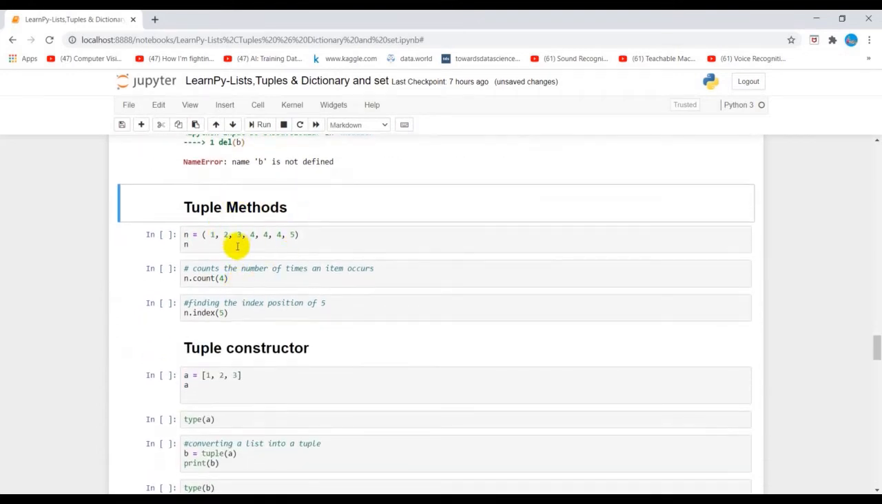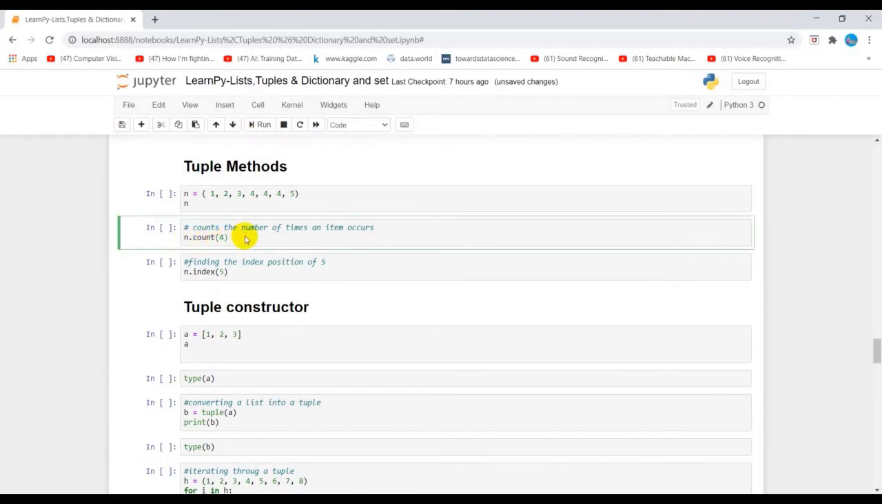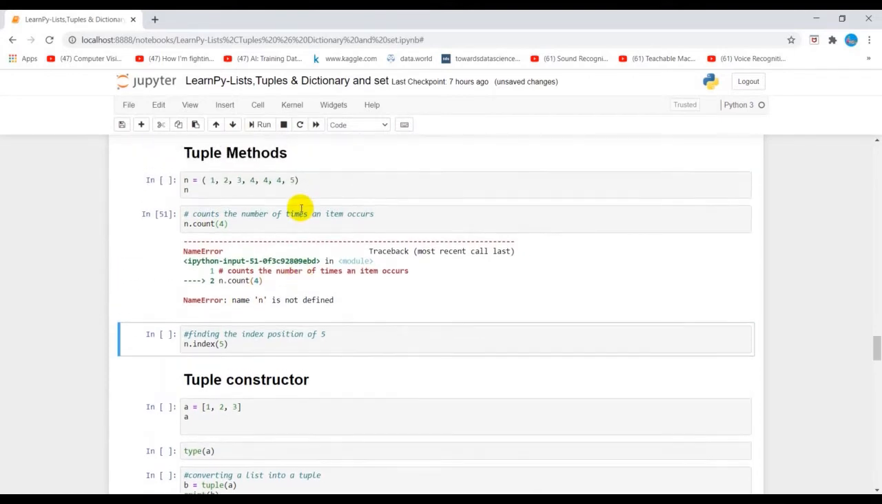Okay, so let's do tuple methods. Here we have a tuple with these values. We have three 4s repeated. So if we want to count the number of 4s that occur in this tuple, what we do is just n, and then we have dot count. So n dot count, when I print it, it should give us